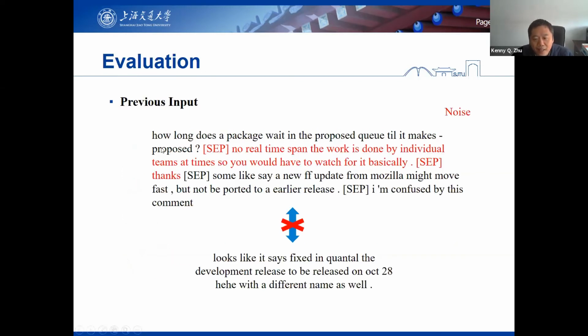All right, now given this example, in the previous approaches, what we actually do is that we concatenate everything together into one long sequence. So that's like our one long thread in this case, right? But the actual correct output, which is the correct response here, looks like it says: fixed. The development release will be released on the October 28th, and this was the actual ground truth